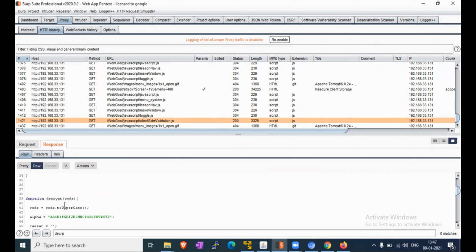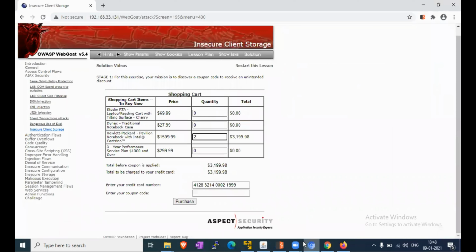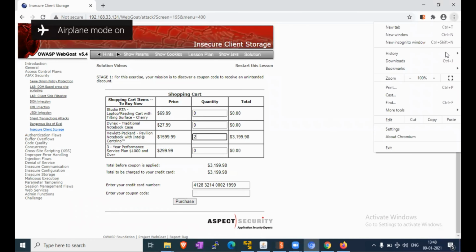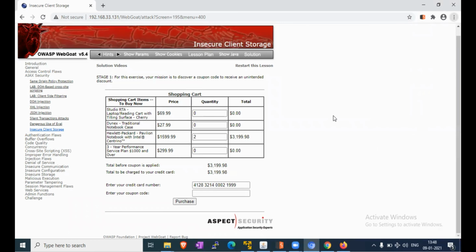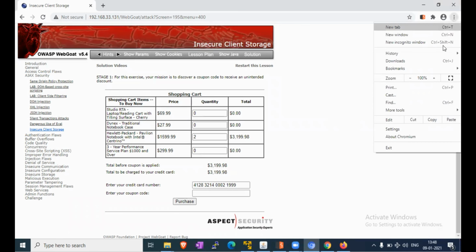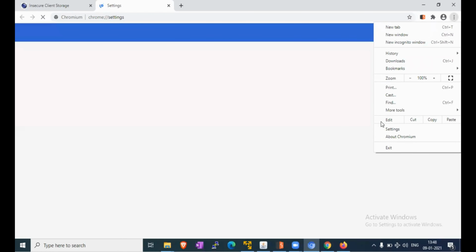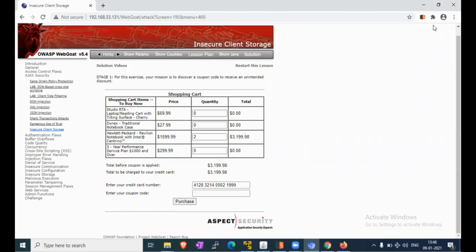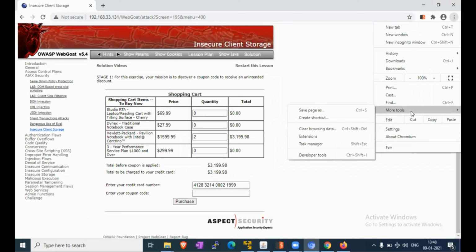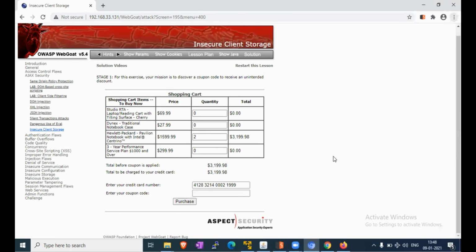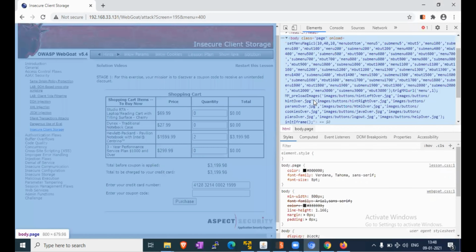So let's check in developer mode, F12, I think, or we can enable it from more tools, developer tools.